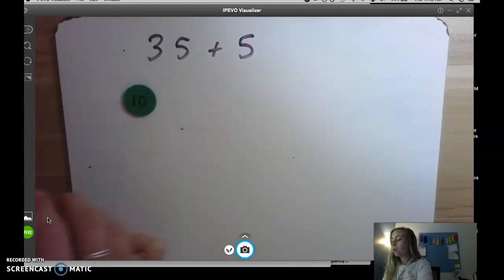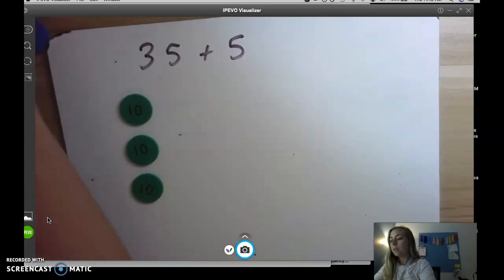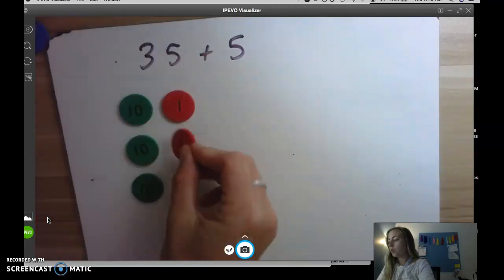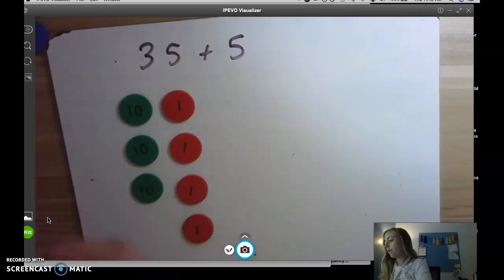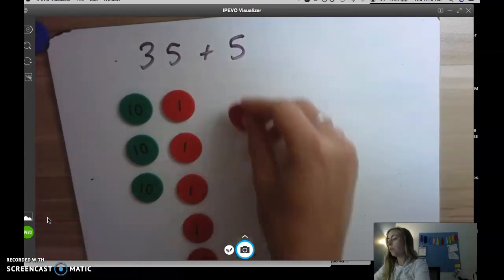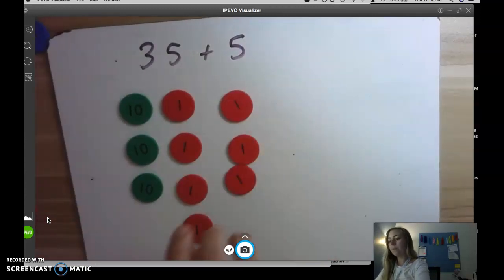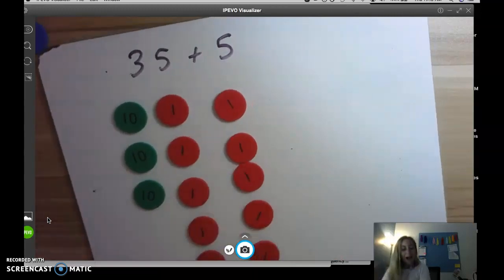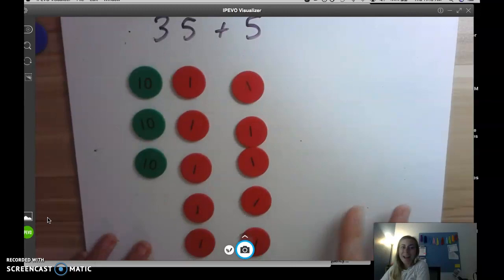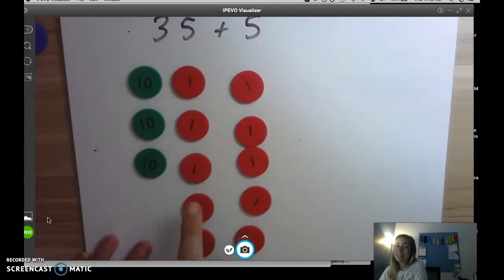10, 20, 30. Now I've got my ones. 1, 2, 3, 4, 5. Now I'm going to add 5 more. 1, 2, 3, 4, 5. I can see right away that I have 10 ones, and I know that 10 ones is the same as